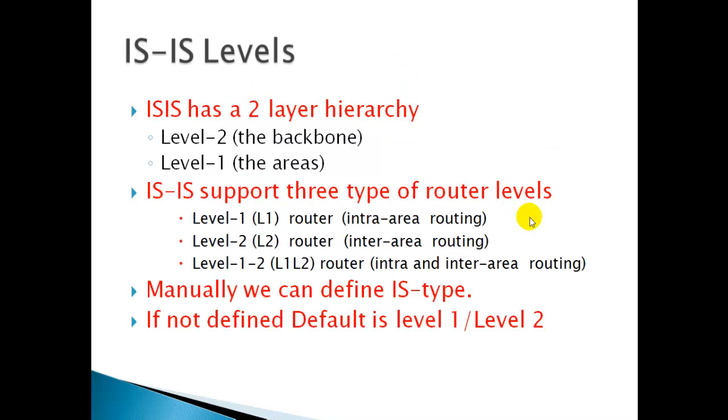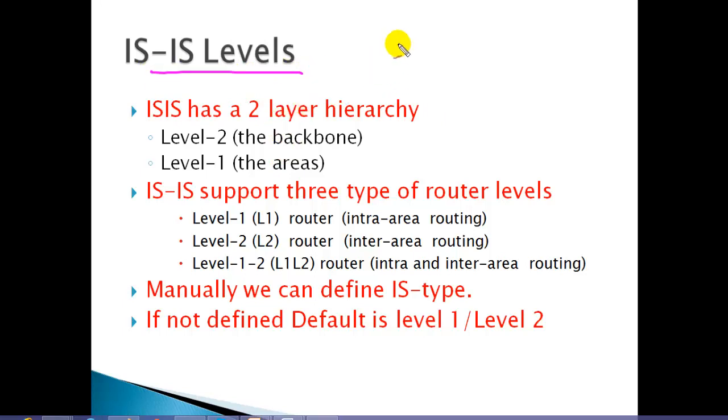The next thing we need to understand in ISIS is about levels. Just like in OSPF, where we have border routers and internal routers, similarly ISIS is defined in different levels, and we majorly have 3 different levels. We have level 1 routers, which are similar to your internal routers inside the area. Level 1 routers are majorly referred to as intra-area routing routers, and we have level 2 routers, which are considered your external routers, responsible for exchanging routes between 2 different areas. So we typically call them level 2.